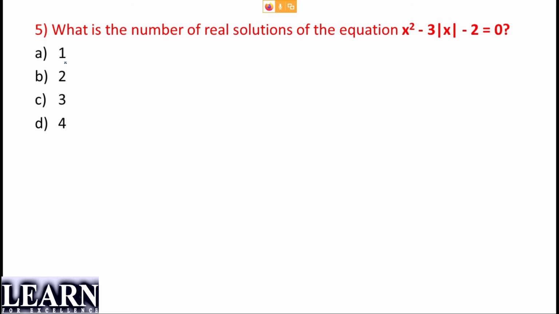What is the first step here? Taking two equations by considering x is positive and negative, right? So I'll just make a note of the two equations when x is positive and when x is negative. So when x is positive, I can say the equation is x square minus 3x minus 2 is equal to 0. And when x is negative, I can say the equation is x square plus 3x minus 2 is equal to 0. Sheikh Amanullah, there are two real solutions. Okay, what about others?